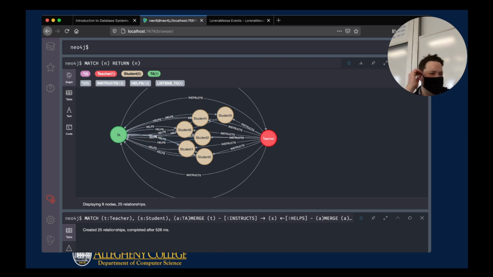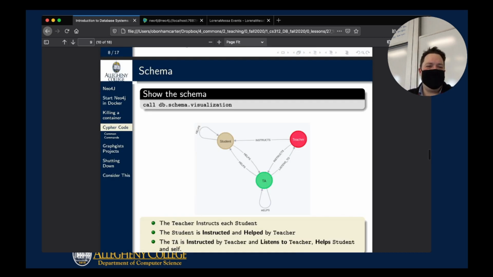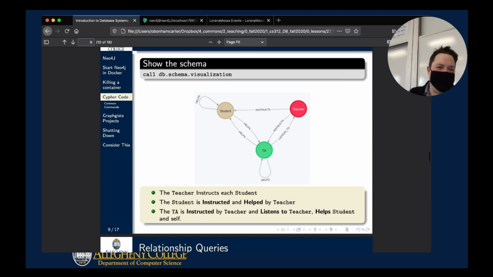And so in my mind's eye, this is giving me some ideas about what kinds of queries I can type in, but also what kinds of relationships I can explore. Another thing I want to talk about is, if you're thinking about how to find out exactly what kinds of relationships I can explore, like what are the limits on my relationships, well, what you need to do is type in